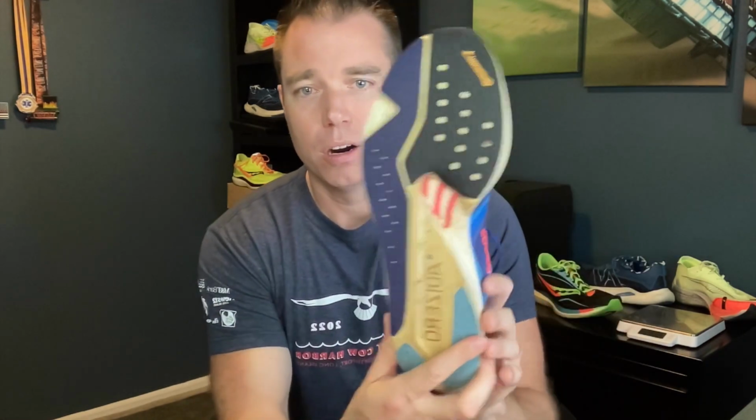So the midsole is Light Strike Pro. There are energy rods in this shoe, but it's different than their higher end models, which are carbon energy rods. These ones, you can hear, sound kind of plasticky. They're basically plastic. These are nylon, plastic rods in there, so not the carbon rods. So it does add some stability to the shoe, but it is nowhere near as stiff as those carbon plate